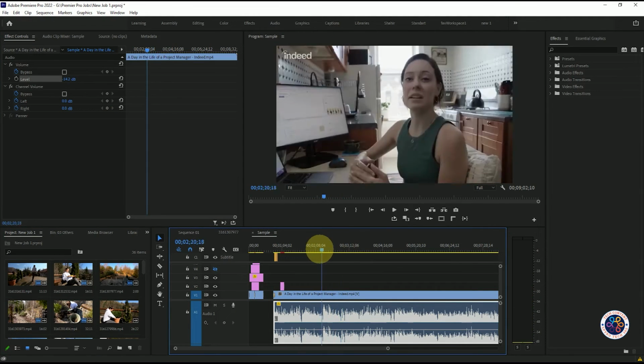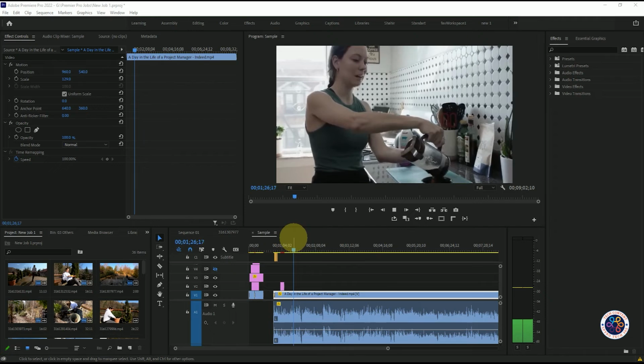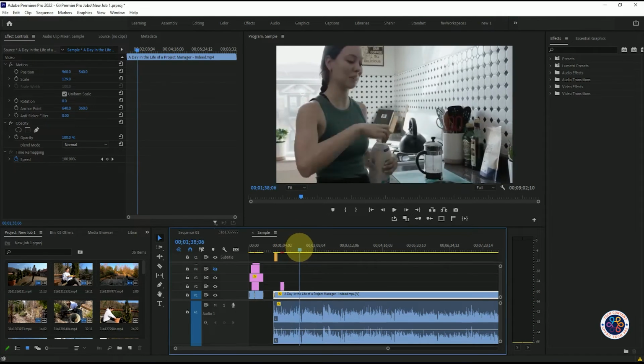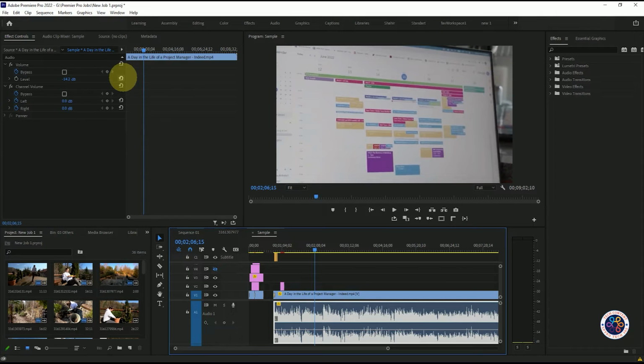We can decrease the volume too. You can see that we have decreased the volume, and if we reset here,